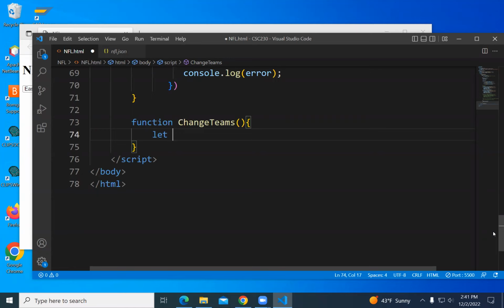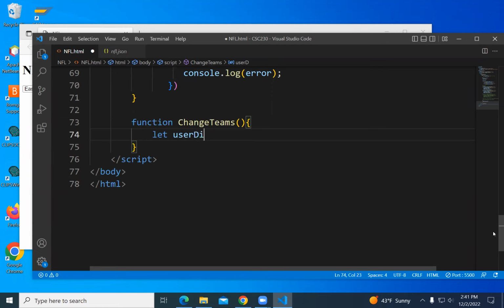All right, that's what I'm going to do. But if you just called it division and conference, it would work. The computer would not be confused because of what we call the scope. What was in populate has a populate scope, and what's in change teams has a scope in change teams. I'm confusing you, but the computer would not be confused because of the scope. Those things only exist in a certain place.